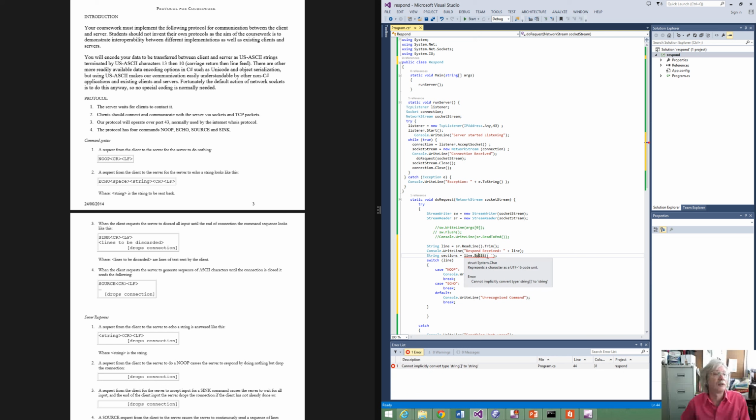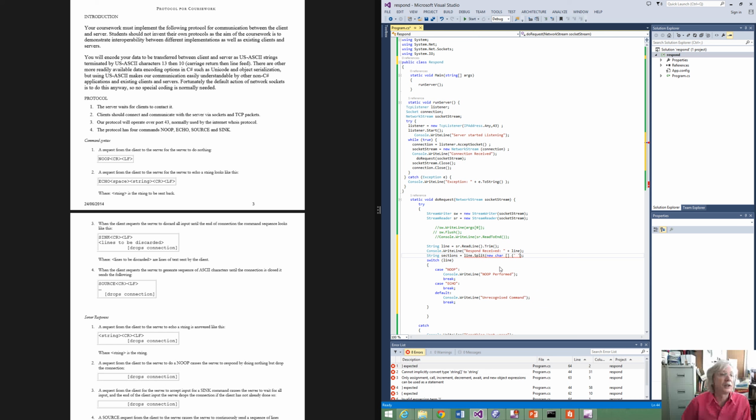With that split, actually what we do want to do is make that an array of chars. Wrong, silly me. That's an array. And now that can split it on the character space. So we get the sections of the array, and now instead of splitting on line, we can split on